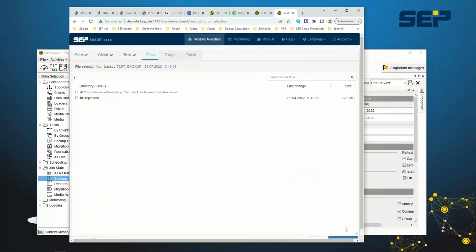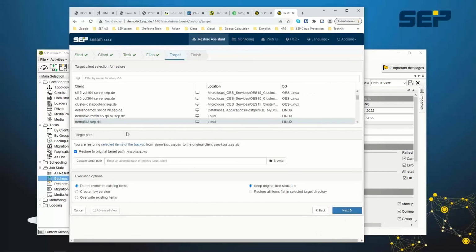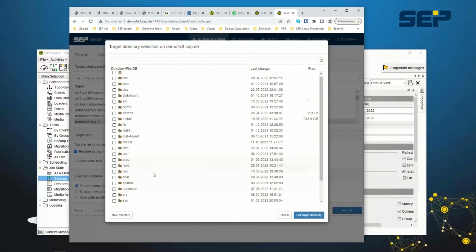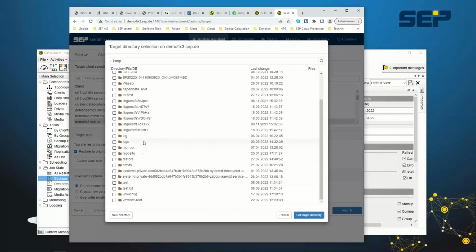So I select this one, click on next. And now you see you can browse in the backup, select this file, click on next. Where would we like to restore to? Restore to the demo fix 3. Select the path where to restore to. That's just as usual. Everybody should be